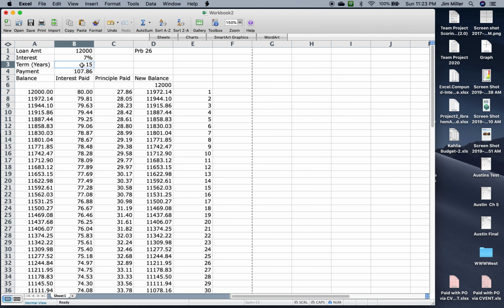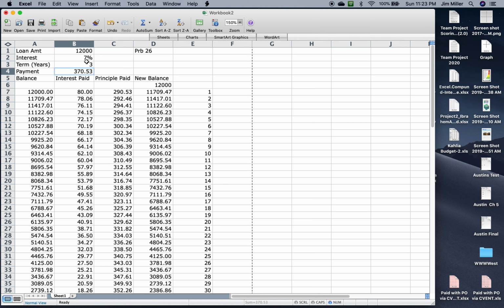And this is for, they wanted to do for 3 years. So our payment, if we did it for 3 years, would be $370, and we are only making $250, so we can't do the 7% for 3 years. So if we go for 7.5%,